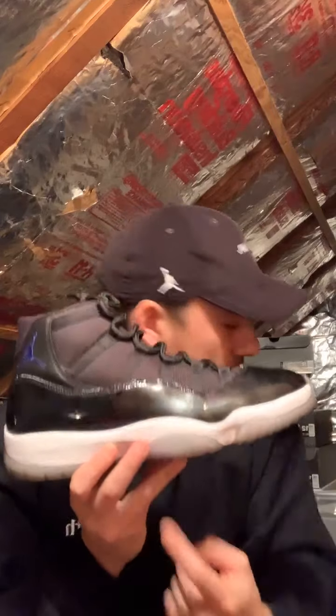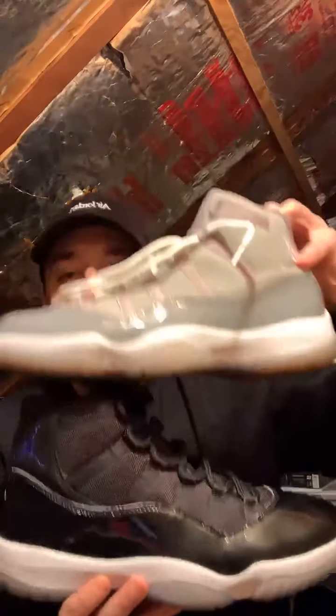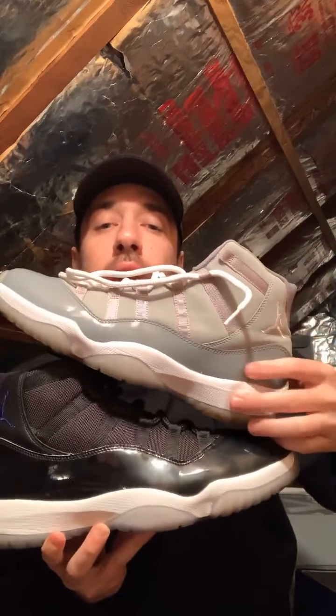Higher cut patent, as I was just referring to. So if you look how much higher the bottom is than the top here. It is a substantial difference. But the more I wear them, I do slightly prefer the higher mudguard. That mudguard with the ballistic mesh, and they're dirty. Like, I wear these shits. Like, these are not clean. Actually, they're a lot cleaner than I thought they were. But the Space Jam with 4.5,